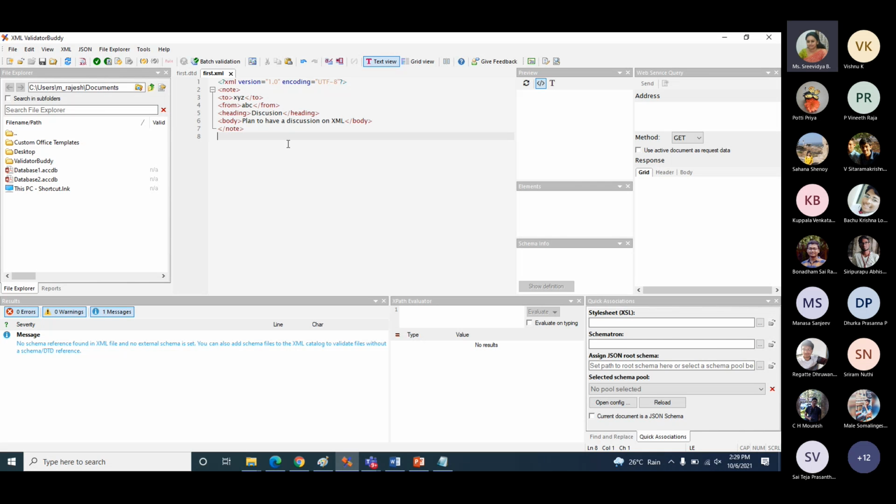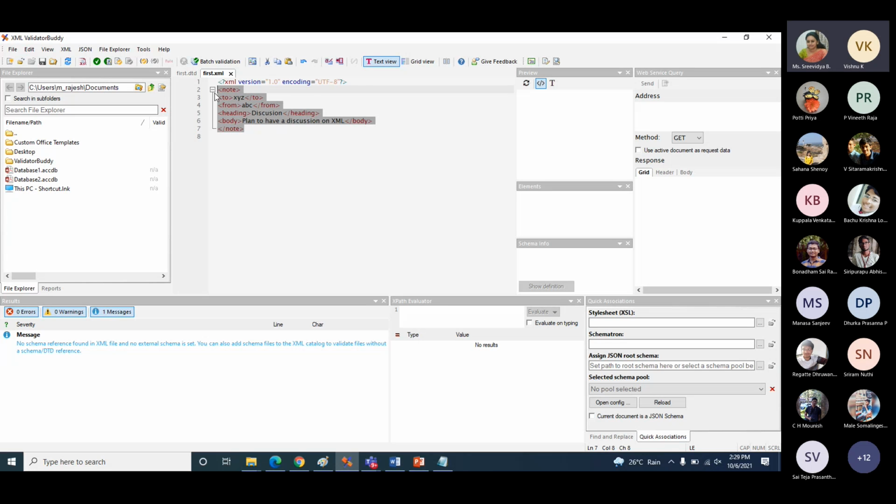I have an XML file here. I have a DTD file. But did I mention that this XML file should follow the structure mentioned in first.dtd? The answer is no, right? How will I include an external DTD in my XML file?